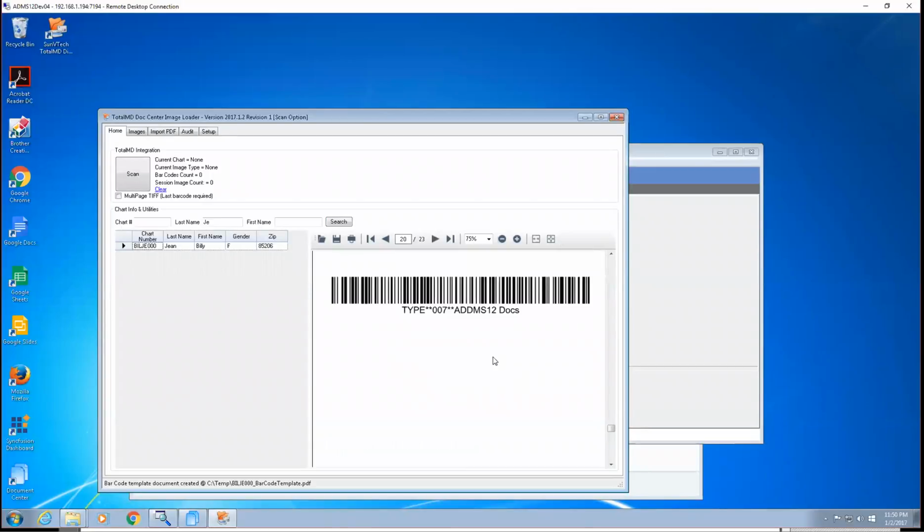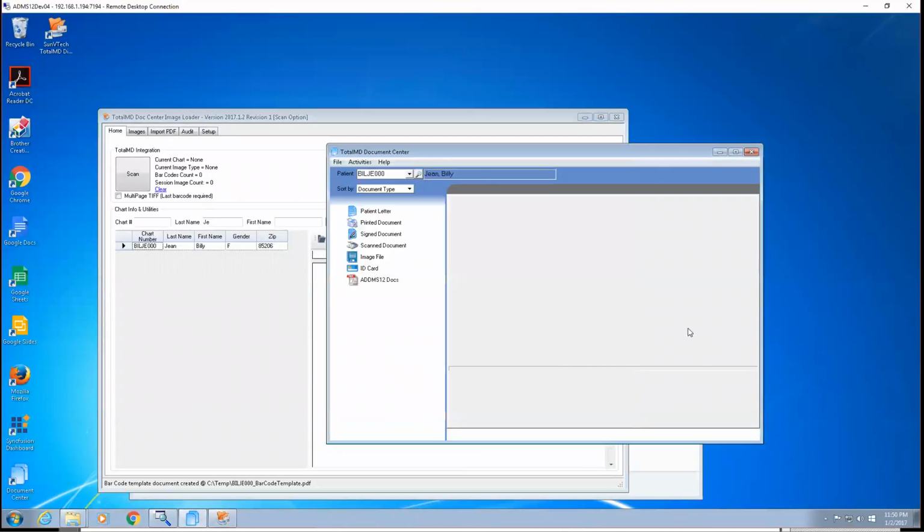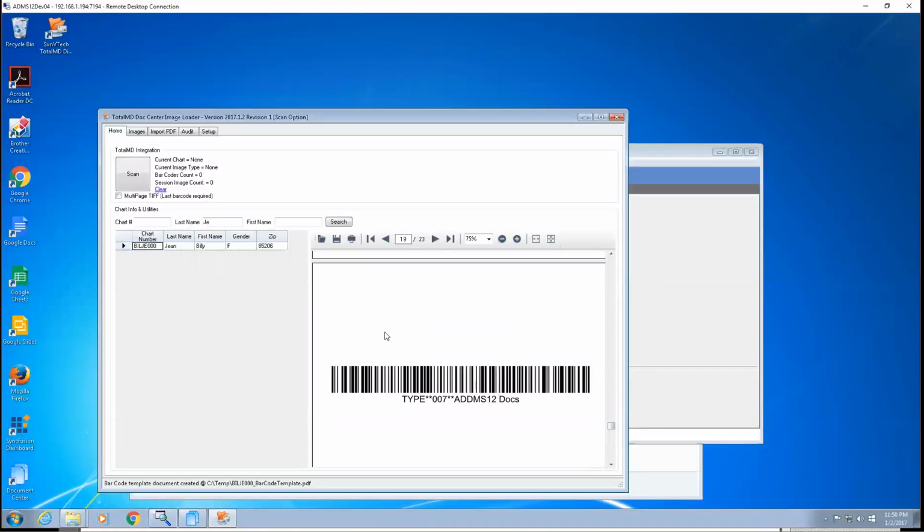Now, this barcode is created because if you go back to the document center, you will see that under Billie Jean's, there is an ADMS 12 document type that was created specifically for this demo. So now that we have the barcode for the charts and barcode for the document types, I've gone ahead and set up the